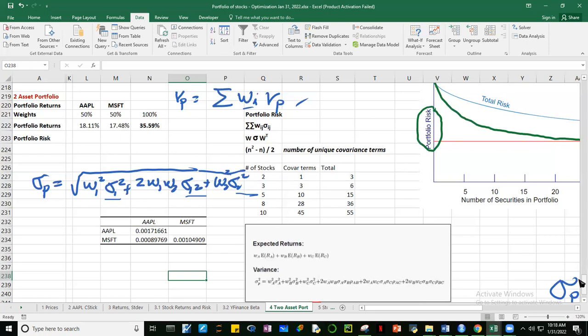When you have computed for the variance covariance,